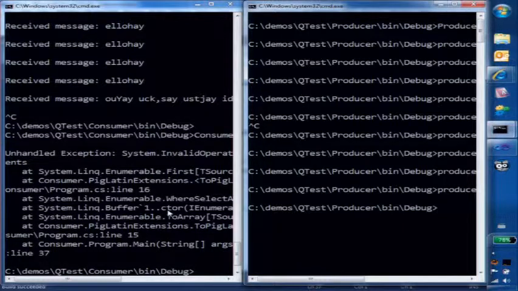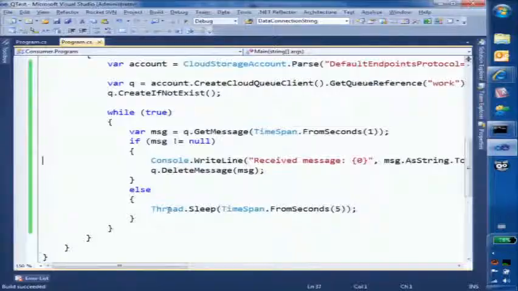It's basically in the Pig Latin code that I have. It looks at the first character to see if it's a vowel or a consonant. That's how Pig Latin works, I learned from Wikipedia. And if the string is empty, it doesn't deal with that. It tries to get the first character of that, and so it crashes. Now, the crash by itself isn't terribly interesting, but let's look at what would happen if